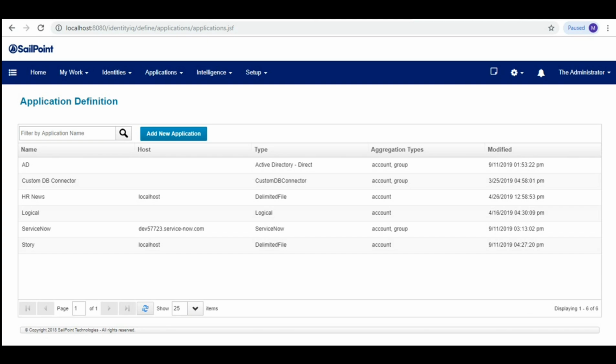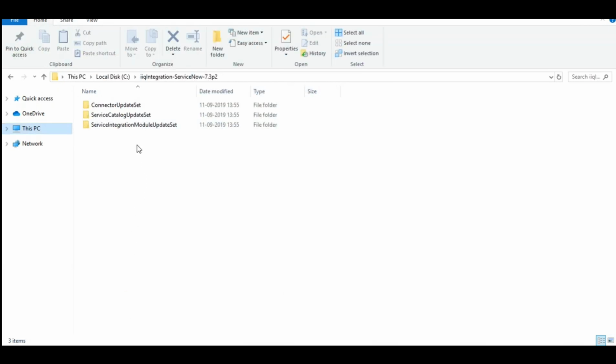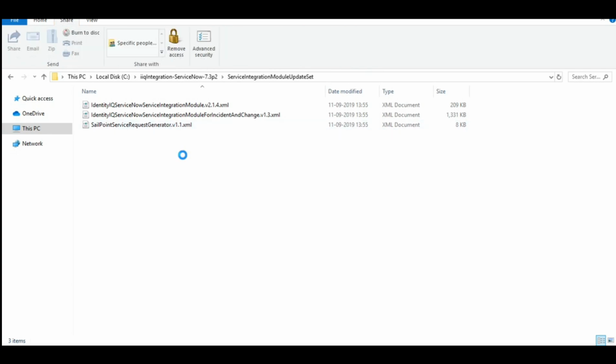For this, SailPoint has given certain XMLs for integration of ServiceNow. In the previous tutorial, we had seen one of those XMLs, but in this tutorial, we will see a few others also. Now, we have already seen this integration with ServiceNow. Now we will go to the folder service integration module update set, and we have these files here,